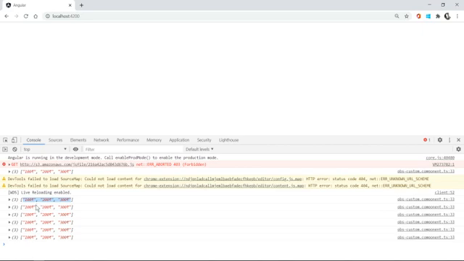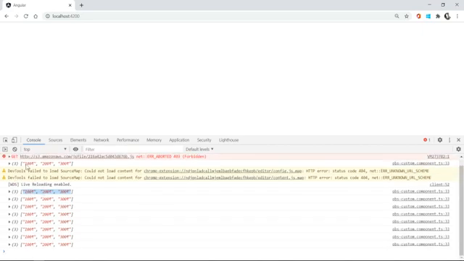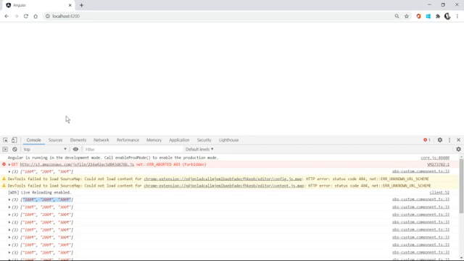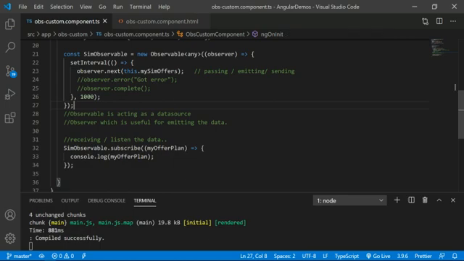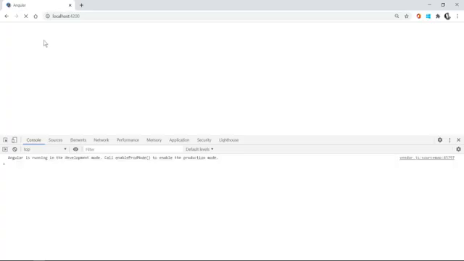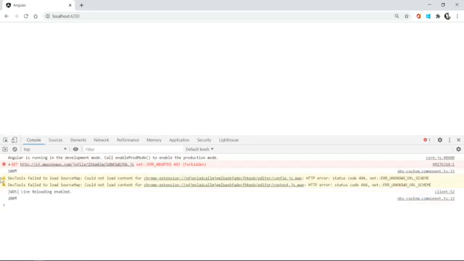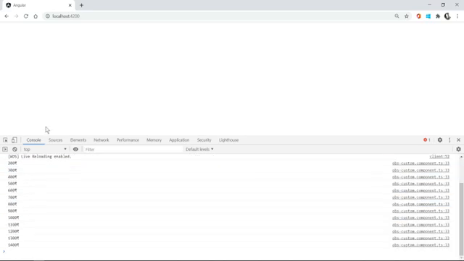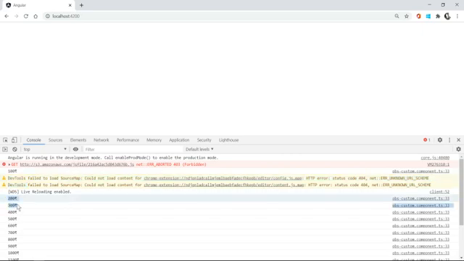Okay, but I don't want it like this. Every second, I want to add 100 rupees to my previous offer. This is the logic. So here I am incrementing 100 rupees to my previous value. If you see here, 100 rupees, 200, 300. You can ignore this alert message right now. So 200, 300, every second I am incrementing by 100 rupees.